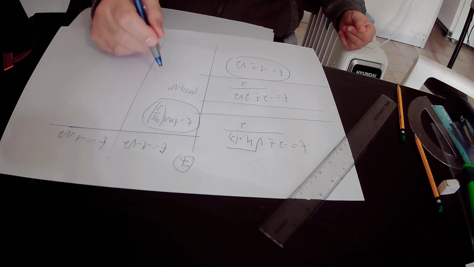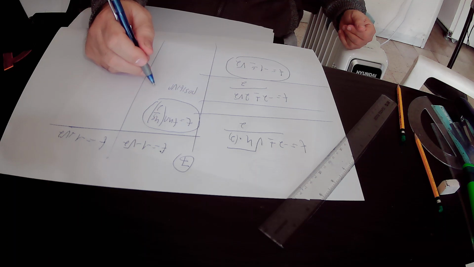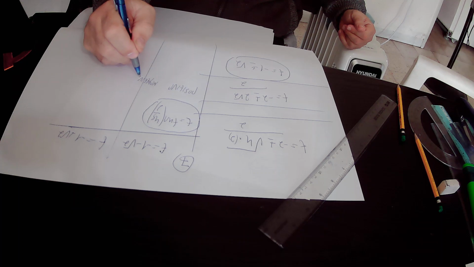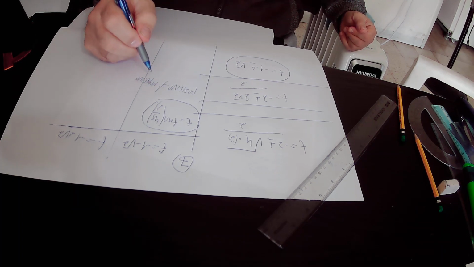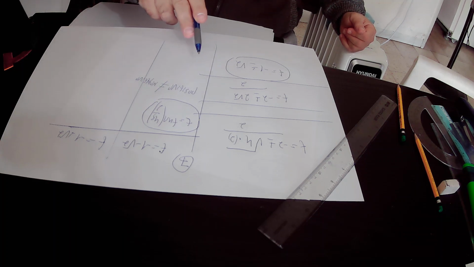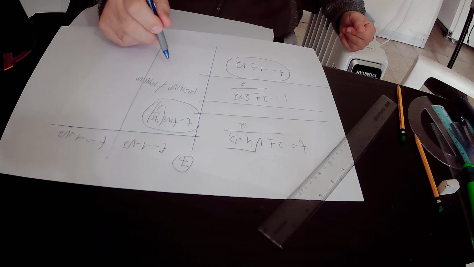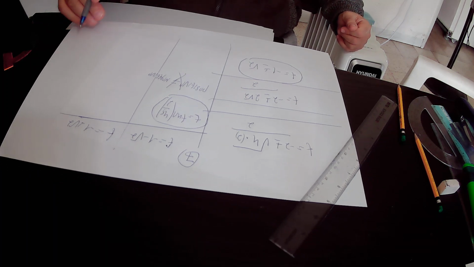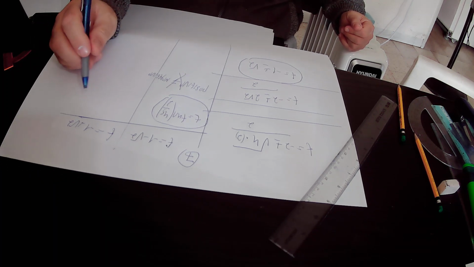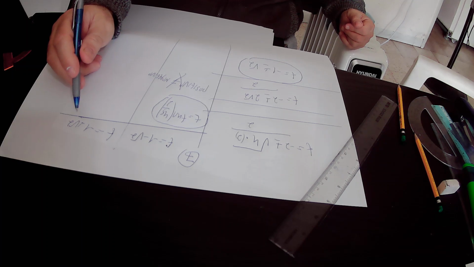Minus 1 minus square root of 2 is a negative number. So a positive number can never be equal to a negative number. Therefore, this solution is incorrect. We cancel this solution and we are left with the second solution